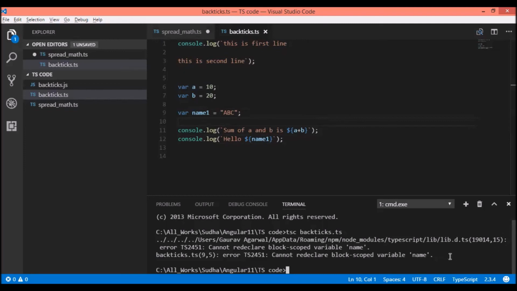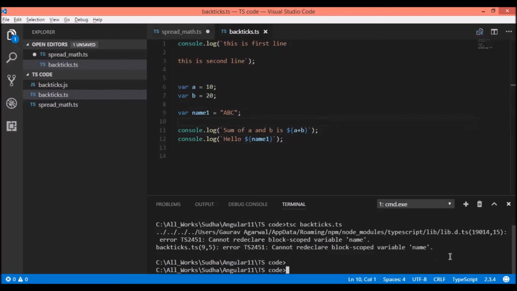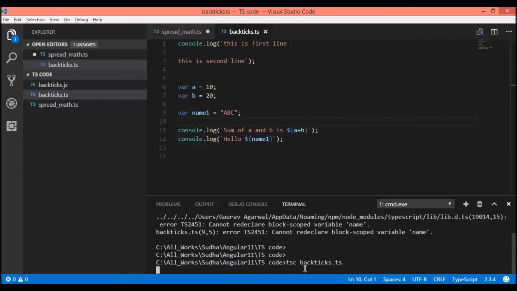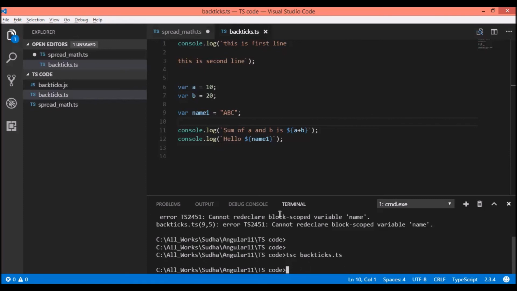No problem. Okay, it is compiled. Now we'll run this JS file.